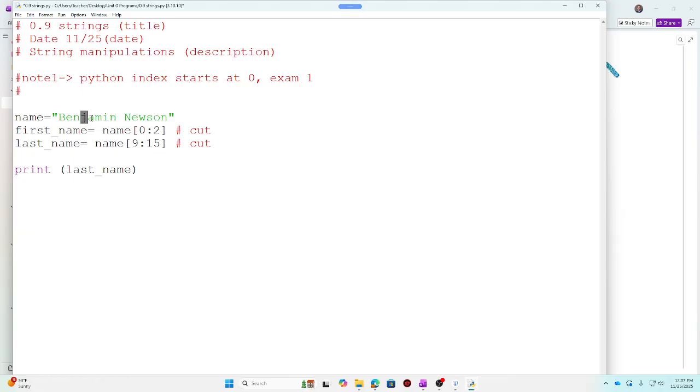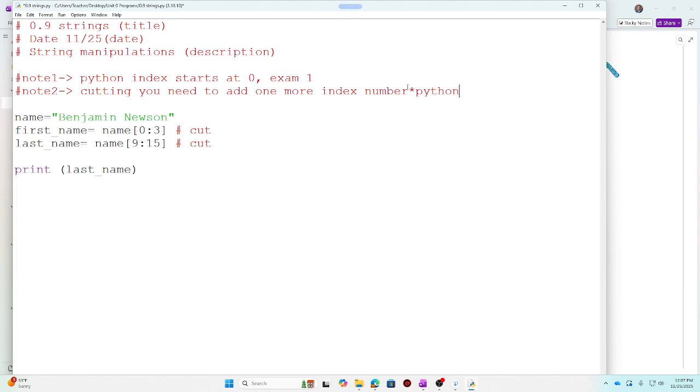When we're cutting, you have to do one more. Okay? When you're cutting, you have to do one more. In Python, note number 2. When you're cutting, you need to add one more index number. Okay? This is in Python.